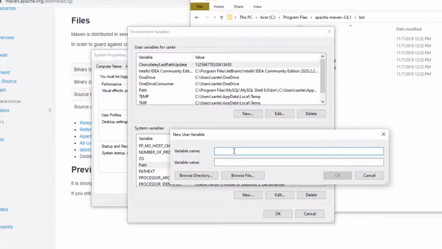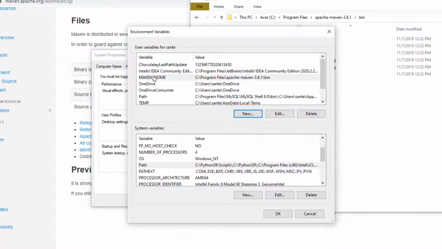From here I can also add the variable, and it's going to be MAVEN_HOME. This is important because some software, when they need this variable, they read this variable; they have this variable written in them as a standard. So you put this, then you know this is Maven home. Once they hit on this, they are taken to this variable value, which is the same as the system value. When they check from the path, they find it here, but I put it here as a user variable, so you have it here.